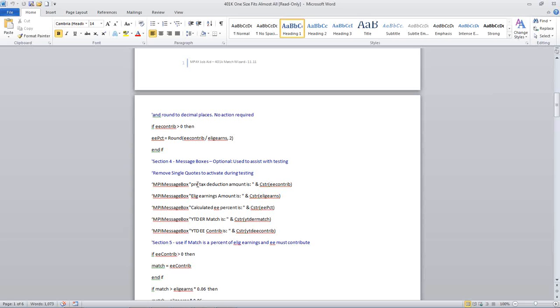So if I want to see what the employee's contribution is, I'll turn this on by just removing this quote, and when the script runs, it will say pre-tax deduction amount is, and it will display the results from the 4K DD code group on the screen. Under it, I'll also do the same thing. I'll get the eligible earnings, I'll get the employee percentage, I'll get other numbers, and then I can see what the script is actually seeing, which helps me possibly correct my logic, because as I said before, I've written a lot of these, and it's like, why isn't this working?